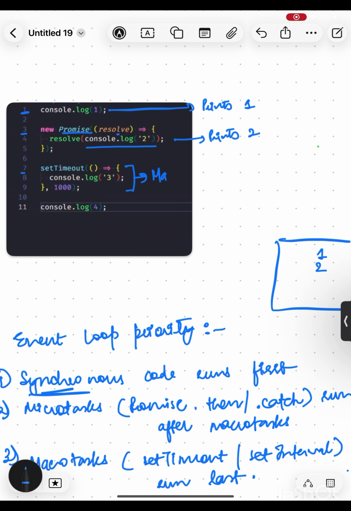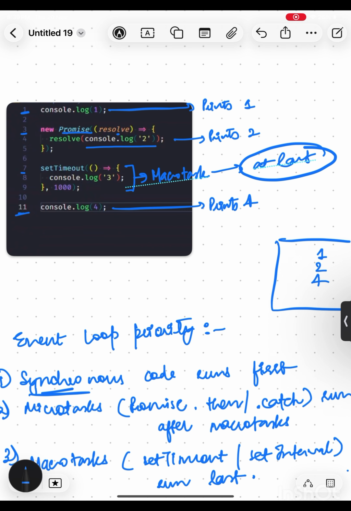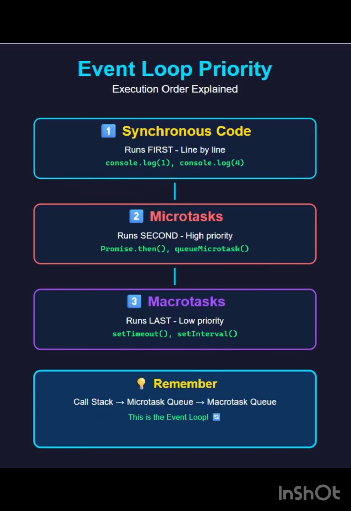Then in line number 7, we have setTimeout. It is registered as a macrotask, but does not execute yet. So it's waiting in the task queue. And in the 11th line, we have console.log(4), which is synchronous code. So it prints 4. And at the very end, we have this console.log(3). So 3 gets printed. So I think now you understand how the event loop